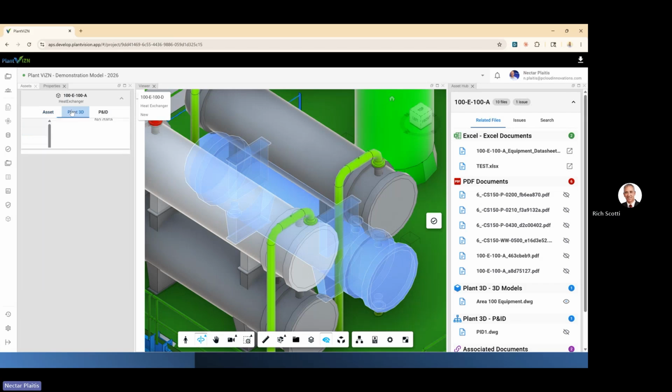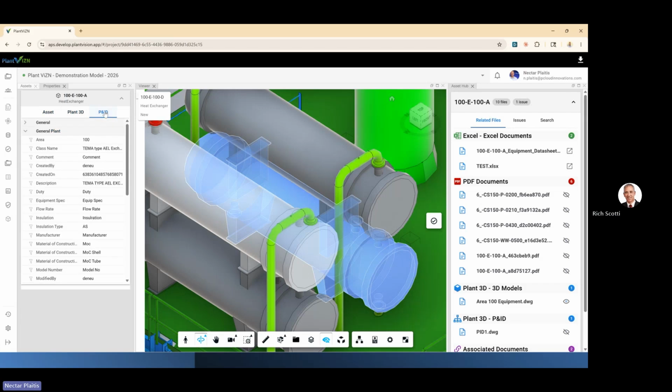The other views, Plant 3D and the P&ID views, are the raw views that you would see if you were inside the desktop product and working with Plant. You'll find that the CAD users are rather attached to the data that they authored. Exactly. So we've coded those filters in for that. But the overall asset view